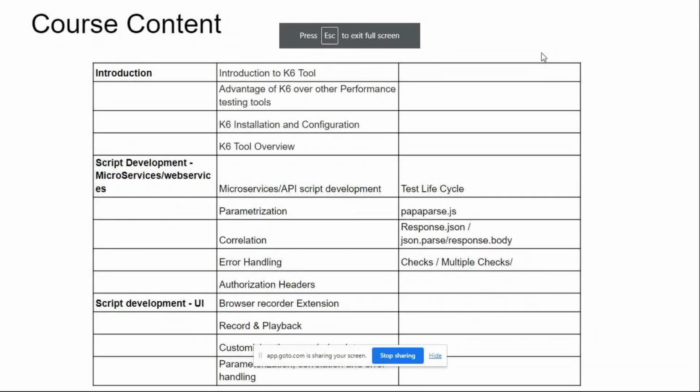Once we are done with your tool configurations, the overview of the tool, what the components are, and why it is going to be used, right? A general introduction will be done. Then we will move over to the